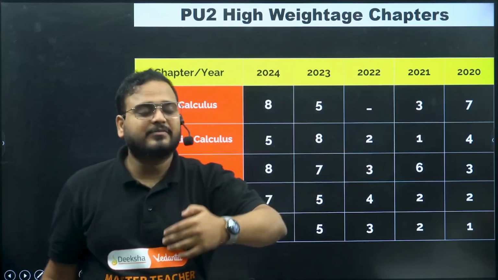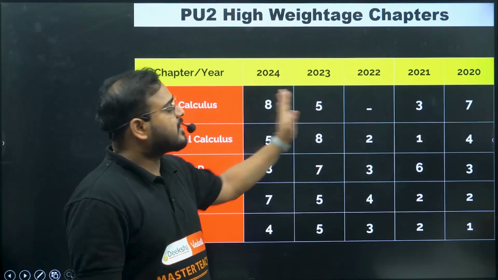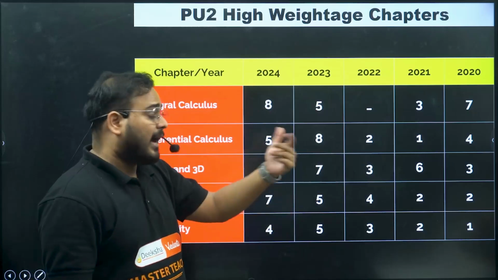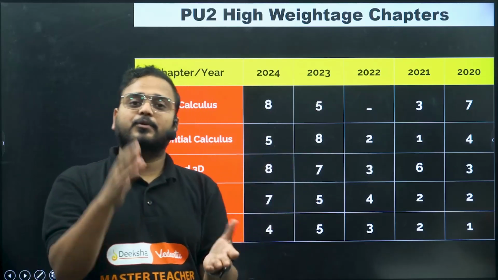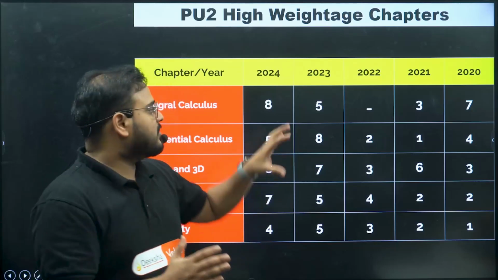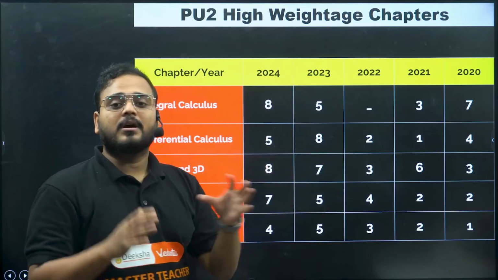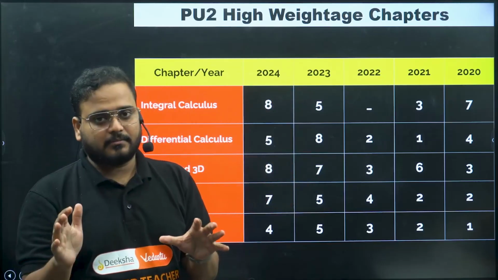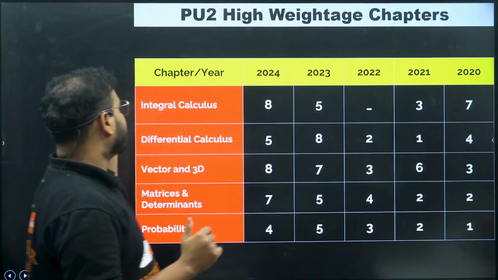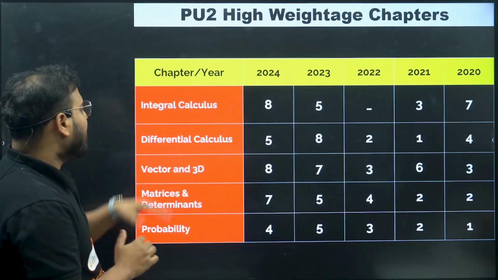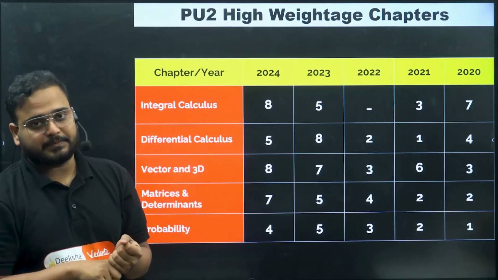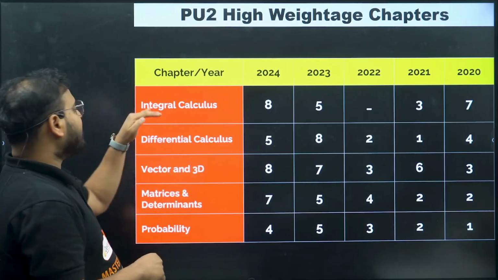But I've seen the entire paper, so this was the trend in the entire question bank that I had, and this is up to the latest edition, which accounts for the deleted portion and everything. Okay, so the numbers that you can see over here consider the deleted portion. I've checked the chapters from PU2, integral calculus. When I say integral calculus, I mean integration and AOI together.